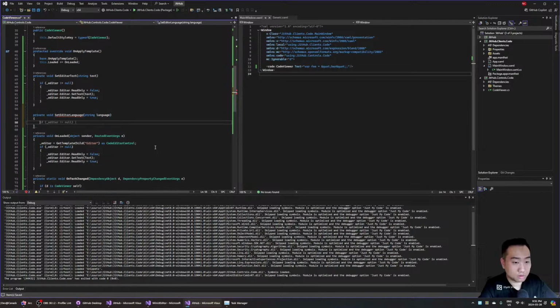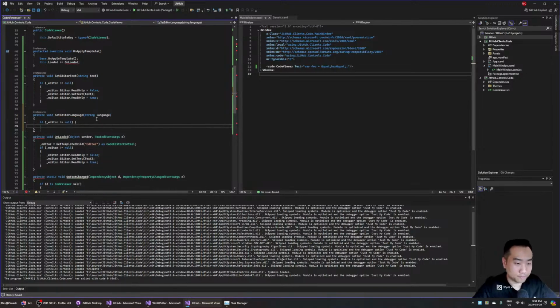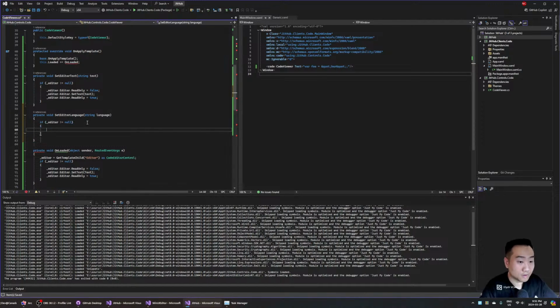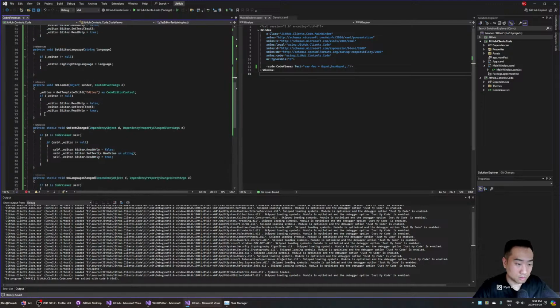Language. And come on. editor.highlighting language equals language. There we go. Okay, in this case we call